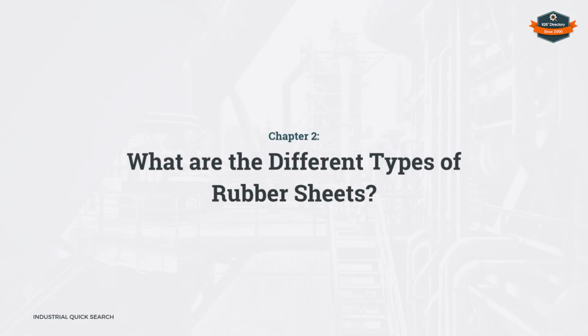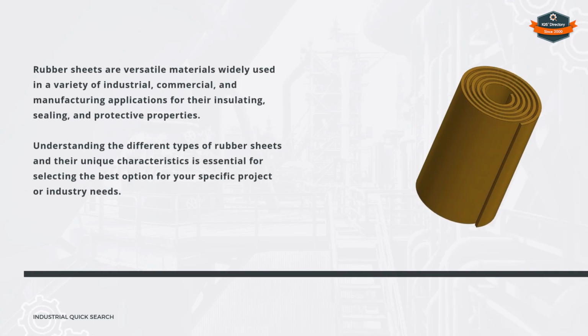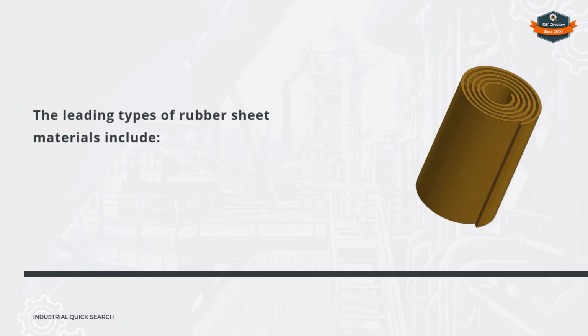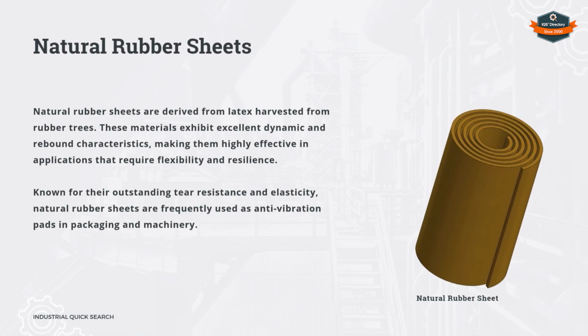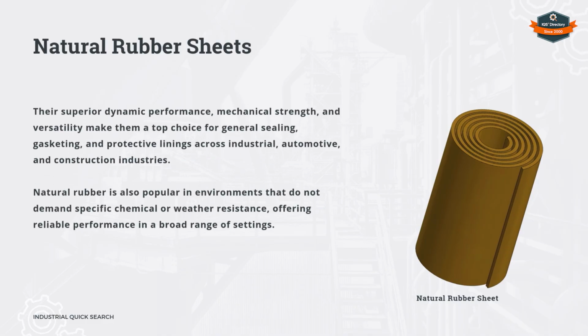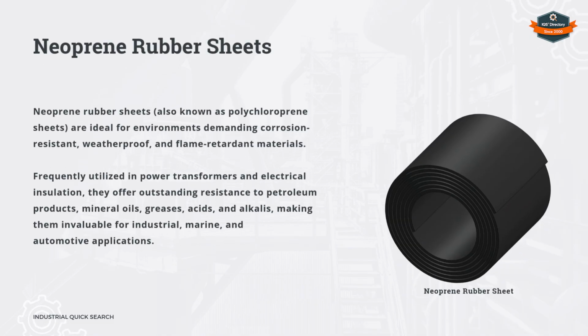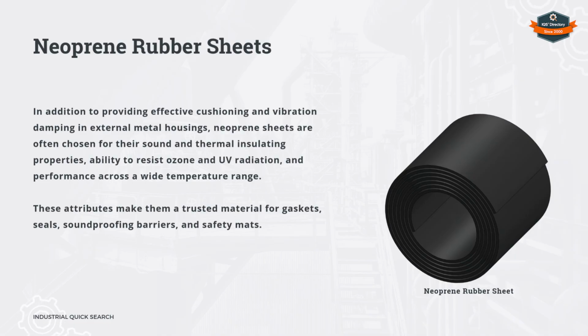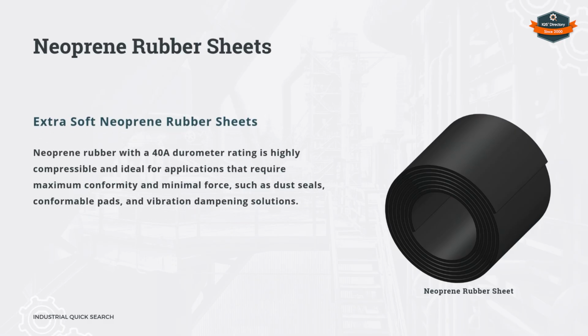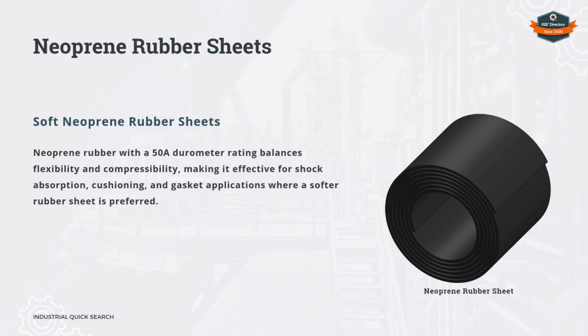Chapter 2. What are the different types of rubber sheets? The leading types of rubber sheet materials include natural rubber sheets, neoprene rubber sheets, extra soft neoprene rubber sheets, soft neoprene rubber sheets,